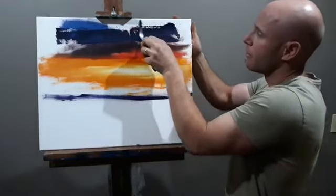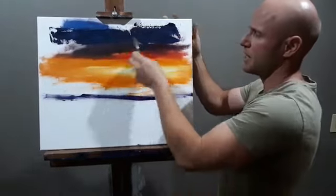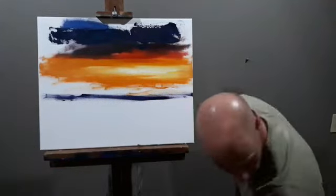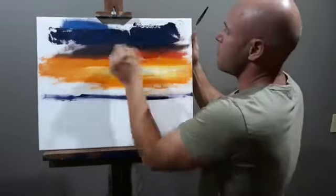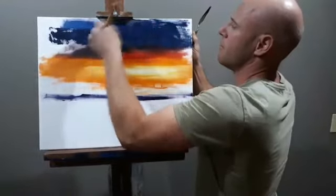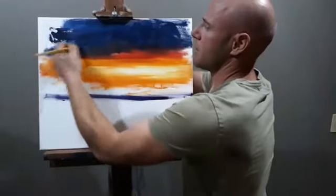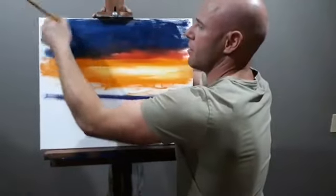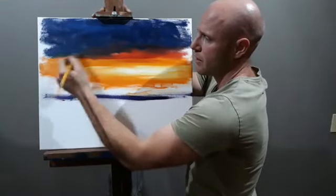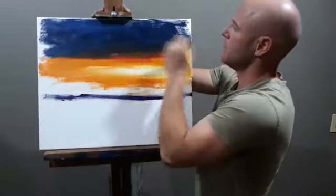There we go. Now, ideally, you want to almost create the entire painting by being able to do that. Alright, and then we come with our big heavy brush again, and we're just going to swivel that in. You notice what happens if we get that blue going straight into the yellow there, we get that orange happening again. I don't really want that happening, but